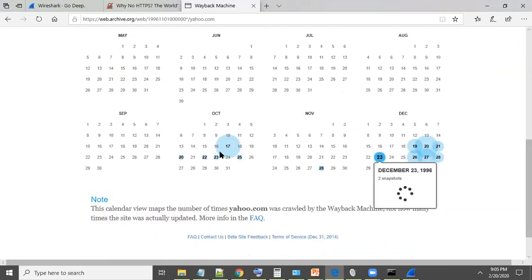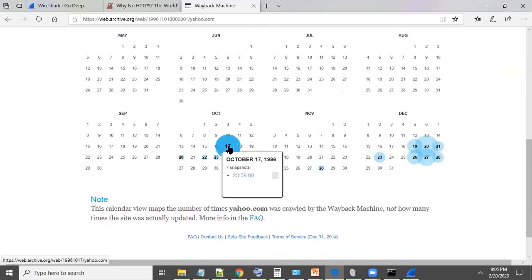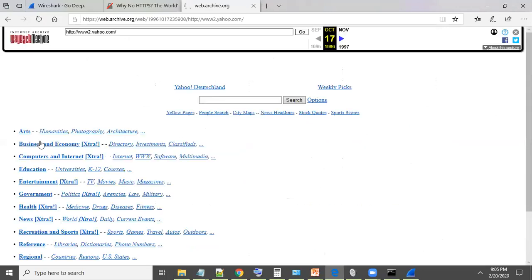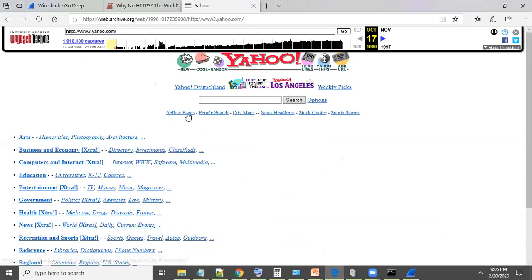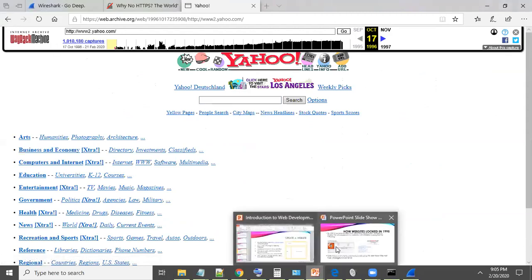And wherever it has blue, you can click on it. And it'll actually bring up a list of snapshots. You click on the number or the time that you want, and it'll show you the website as it looked while it was taking that snapshot. And this is the internet from that day and time. So that's pretty crazy, right? Yeah.